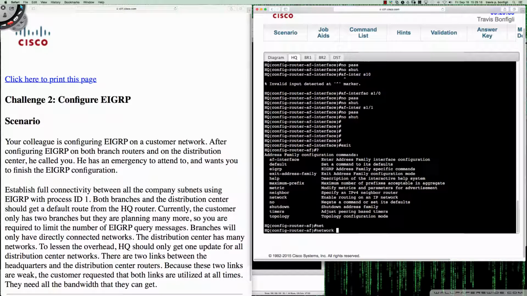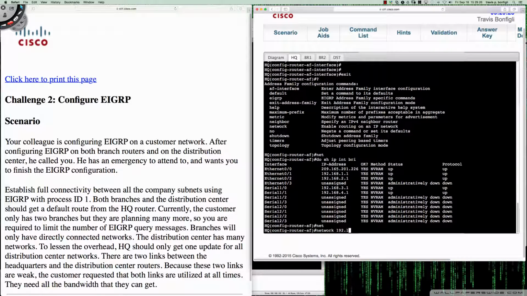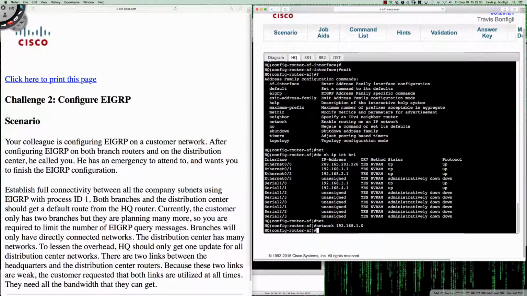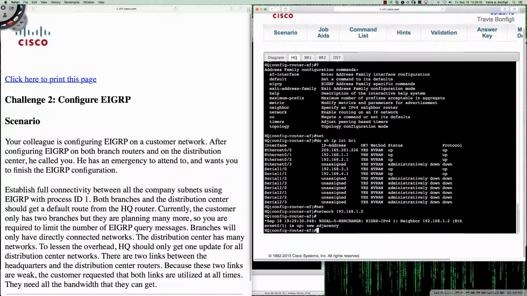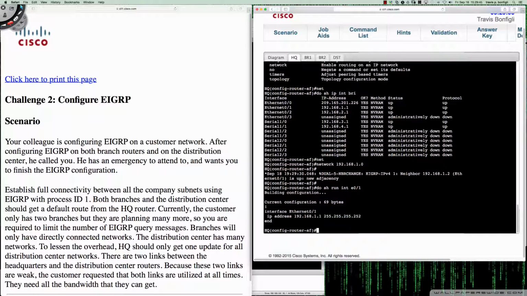Because remember, we're doing IPv4 and IPv4 only in this activity, it looks like. So I'm going to say network, and actually before I do that, let me do a do show IP interface brief real quick. So I'm going to go ahead and say network 192.168.1.0, and I'm just going to hit enter here. And as you can see, the adjacency just came up. I could have put